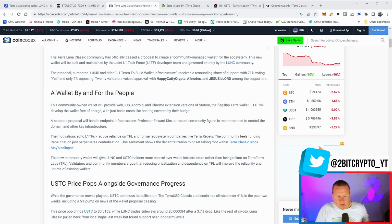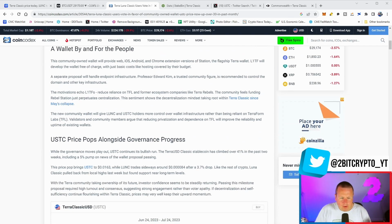But ultimately, what it will do, community wallet will give LUNC and UST holders more control over wallet infrastructure rather than it being reliant on Terraform Labs, which fundamentally means if they upgrade anything, Luna Classic is always the last one to get the upgrade. So I think it's definitely worthwhile. I think it's great that it passed, and we want to see that now build out